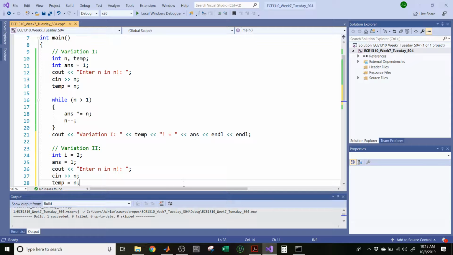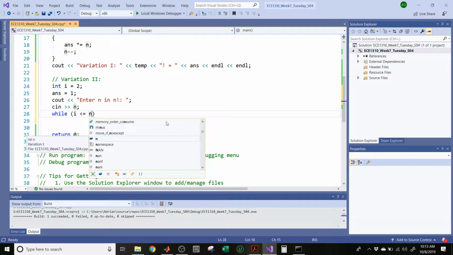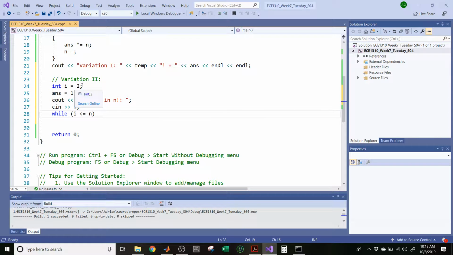enter n and n, and I don't think in this one you need a temp, because you're not going to be reducing n this time. So we don't need a temp here, and then simply call for n and do while i is less than or equal to n, right? Because again, we're going to start at 1, maybe at 2, because anything multiplied times 1 will be that number, right? So if we can start at 2, we assume that we already did